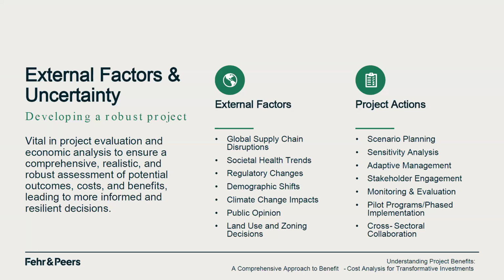One benefit cost ratio for one scenario might be 2.5, like Hannah's example. But if the world were to change or be different, it might be 0.7, right? So that's less than one. So that means it's not a robust scenario, because under one scenario it has a great economic return, benefit to the society and a good use of our money. And under another scenario, it has a poor benefit to society and a low benefit cost and economic value. So just keeping this in mind. And so this again, just as examples, this is not the complete list.